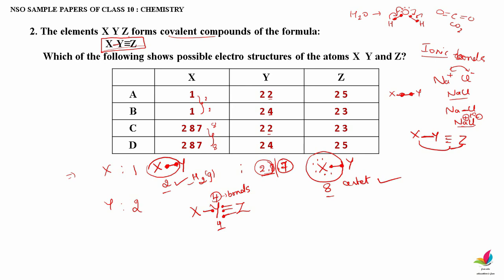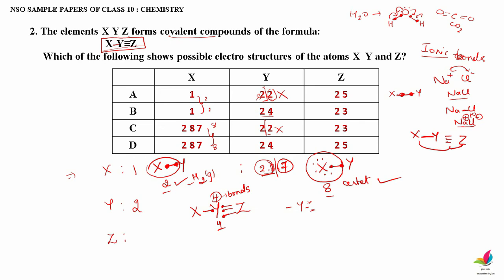Correct. So obviously options A and C are not going to work, because in the outer shell, you can see the inner completely filled s shell, which you should not take. The outer shell has 2 here and 2 here, and 2 means it can form only 2 bonds, correct? Then the other 2 bonds cannot be formed, so this configuration is not possible for Y. Whereas in B and D, you can see it has 4 electrons in the outer shell, so it can share those 4 electrons with X and Z, forming a stable configuration, correct? So no need to analyze again, that is simple for Y.